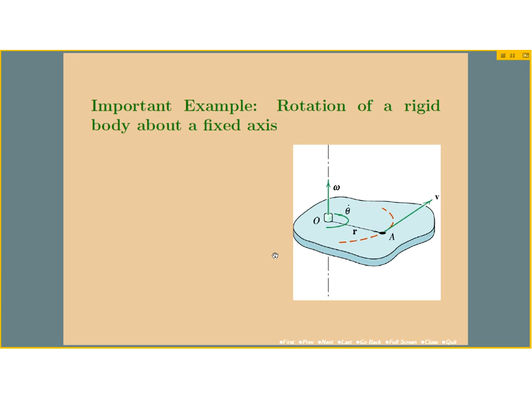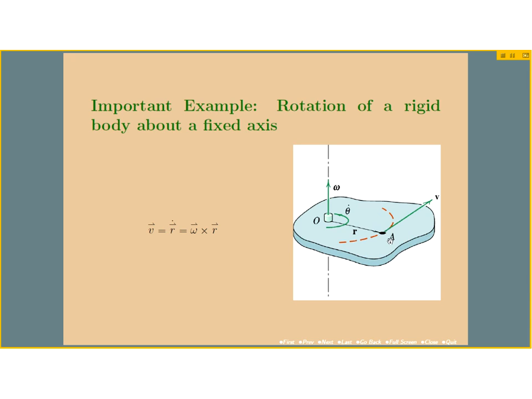Now, if we would like to answer the question, what is the velocity of this point A? Sorry, before I get to the velocity, I first need to point out that we can now describe the position of this point A by the vector r from the point O at the axis of rotation to the point A. So if we now want to answer the question, what is the velocity of the point A? We can say that the velocity of point A would be the first time derivative of its position vector. It will be r dot.